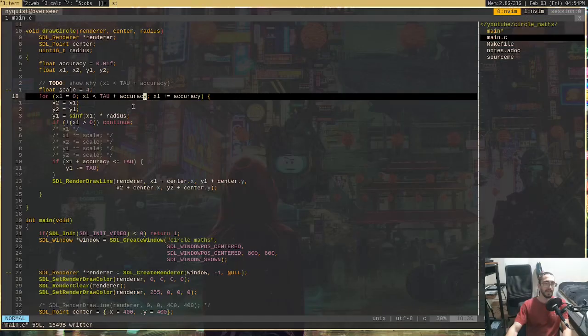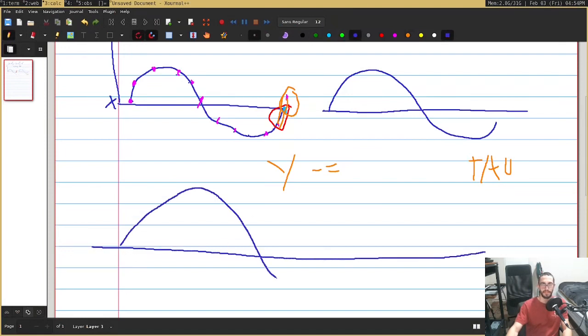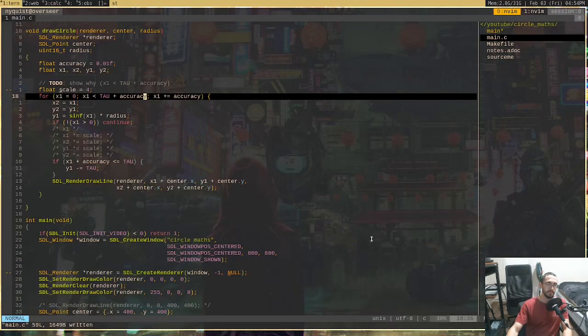So with what we have now, if the accuracy is at a certain point, it's going to look like this, and there might be a little bit above. So here's tau, it might go a little bit above, but